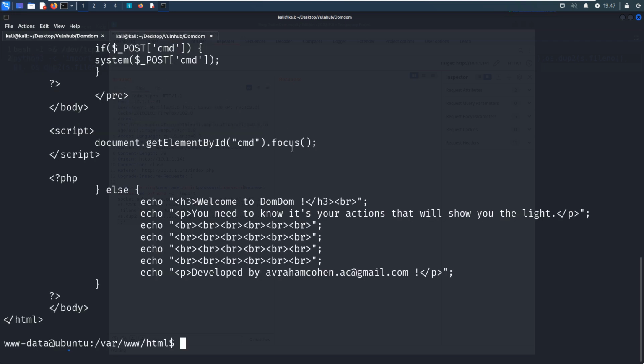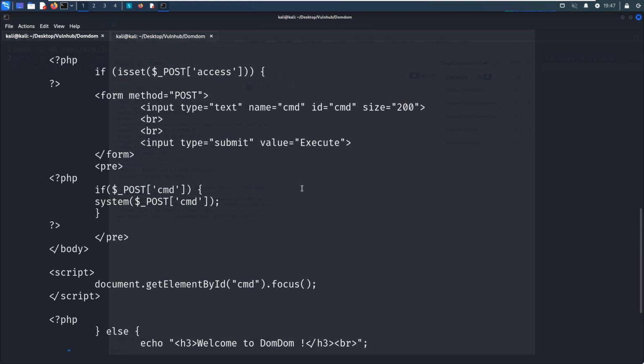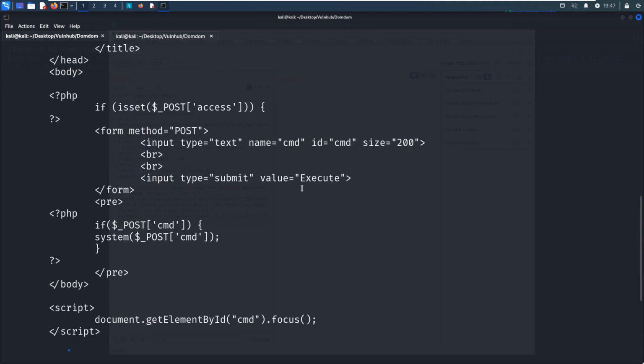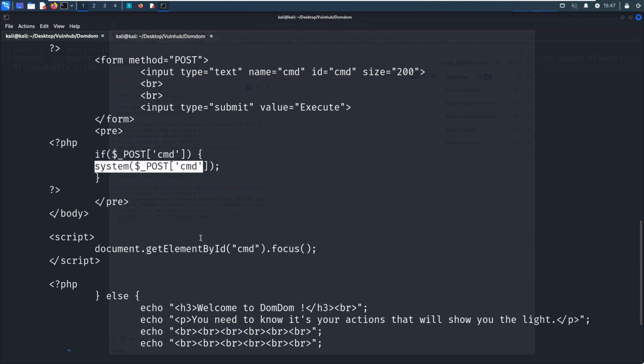Let's take a look at this admin file. So CMD. This CMD will be passed as a parameter to the system function, which will run it.